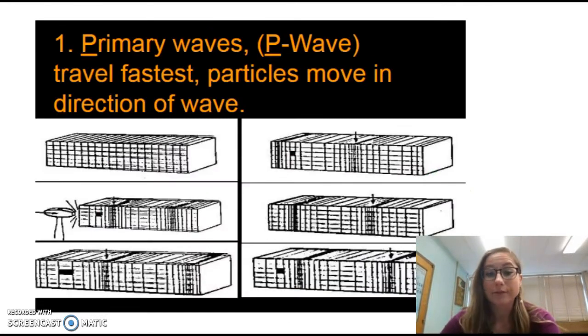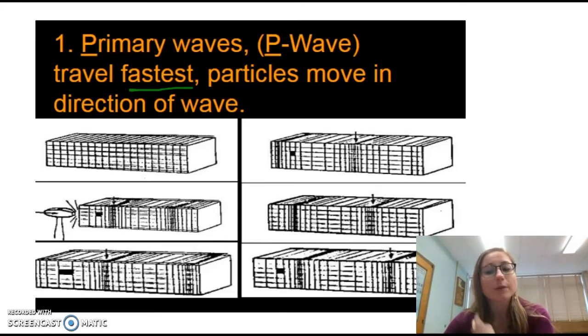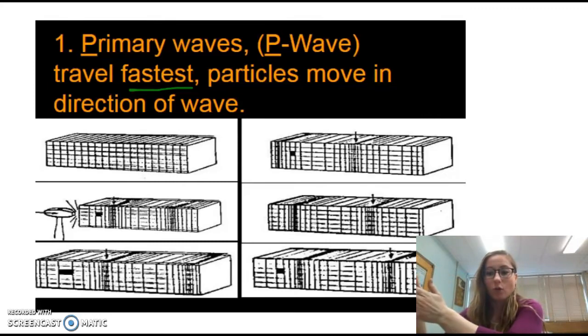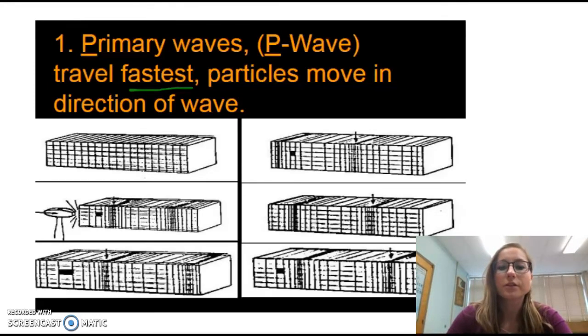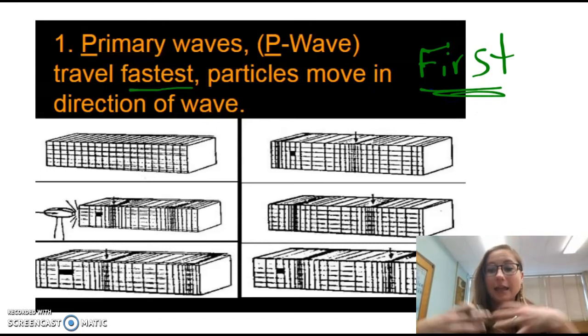Primary waves, or the P wave, travel the fastest, and the particles move in the direction of the wave. When we played with the slinky in class today, we saw that tight section of the slinky go towards the direction of movement, so that forward motion. These are the first to occur because they are primary, and they are less destructive than their other wave,